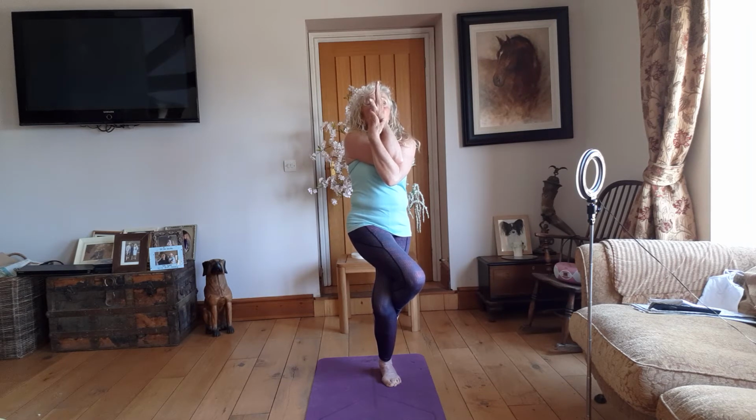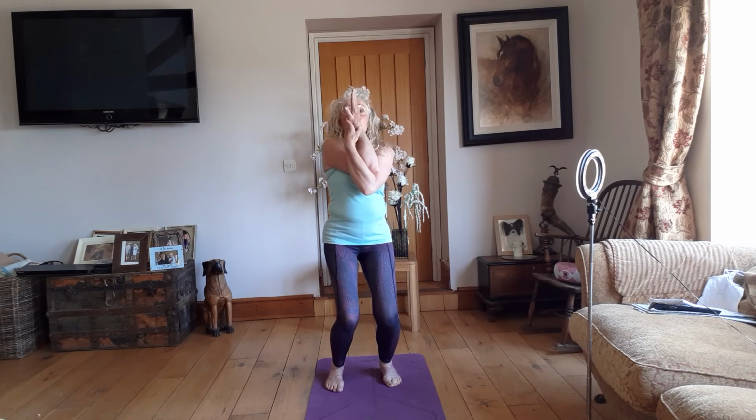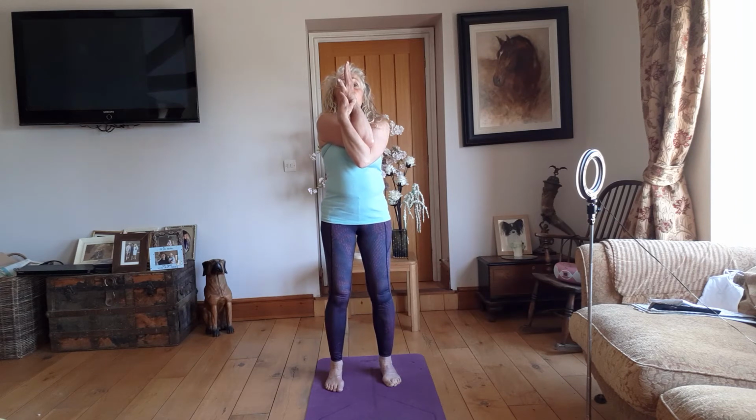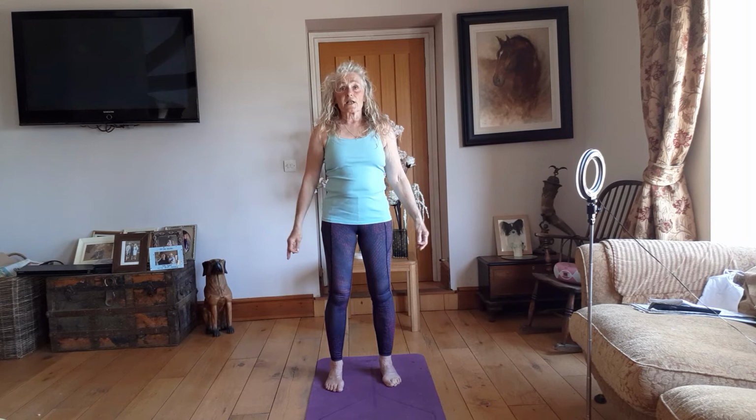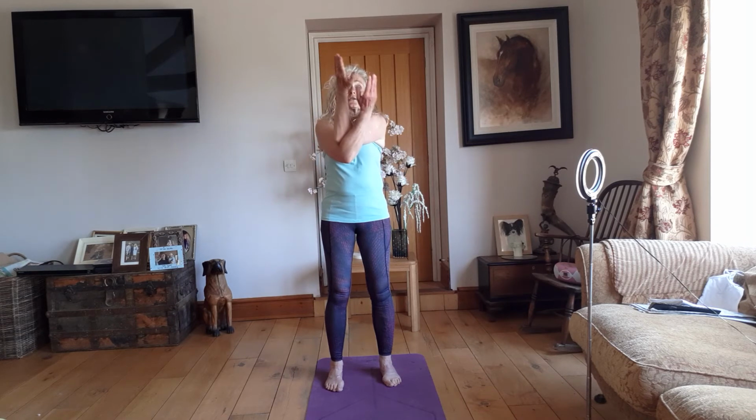And very purposefully coming out of it and back into alignment, knees straight, arms down by your side, and relax your shoulders. Then taking your left hand across into the elbow, your elbow into elbow, hand in front of your face, sit